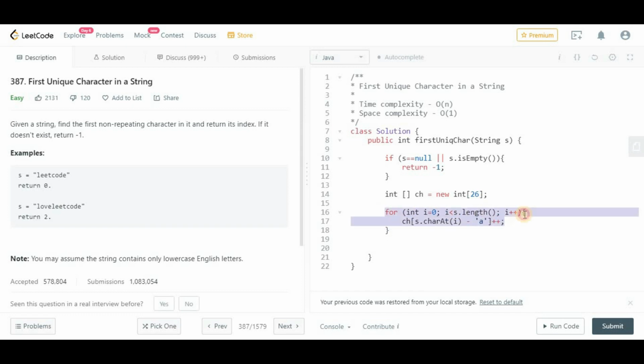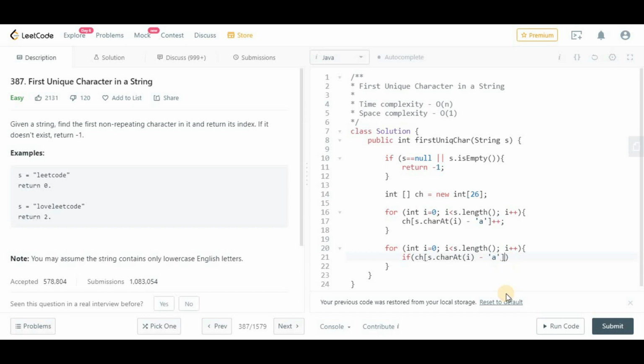Now again we have to iterate it, and we will see if that character count is double equals to 1, right?